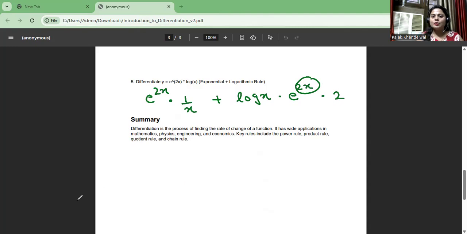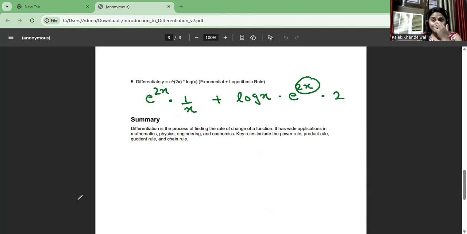Okay. So in this question, exponential function and logarithm function were there. Then we applied product rule. Then we applied the chain rule. Okay. So I think I have taken all the basic questions. And I hope it was not too much to absorb in one class. But definitely in the next class, we will attempt more complex problems. But you don't have to worry. We will slowly increase our pace and you will get a very good understanding of this.